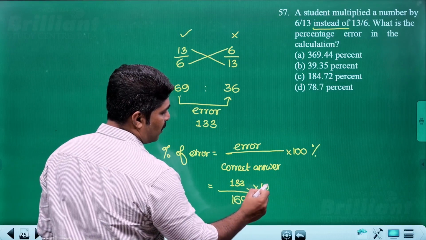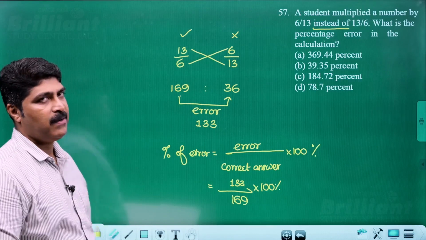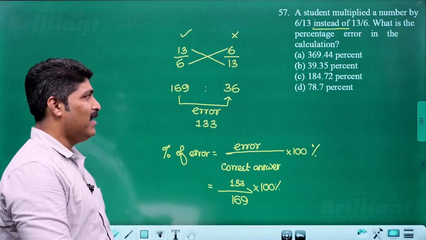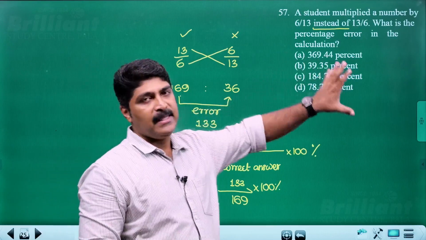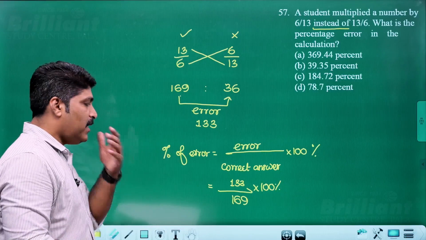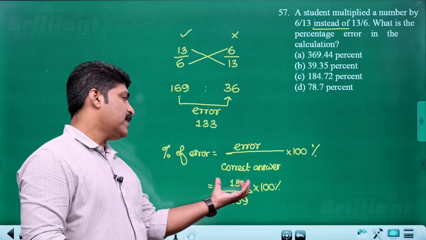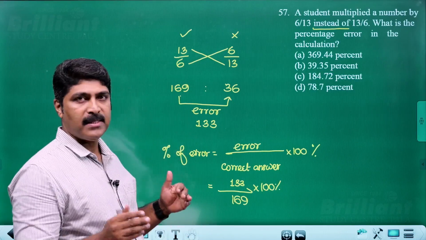Just do the operation here. Yeah, this itself is a little bit complicated, but in such a situation you can do some approximations. Look at the answers here, all are in decimal forms, not in a convenient form, but easily you can tackle this. Anyway, this 133 is less than 169, therefore we are sure our answer is less than 100%,